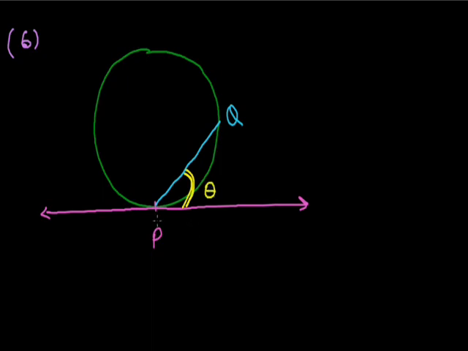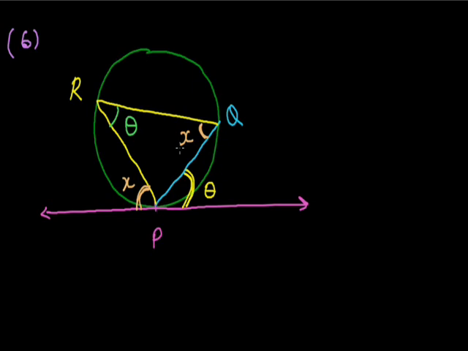So the property says that the angle made by this chord in the alternate segment, like this, PQR, will also be theta. So if the angle made by a chord of a circle with the tangent at the point of contact is theta, then that chord makes the same angle in the alternate segment. Similarly, if I take this angle as X, then in the alternate segment, this particular angle will also be X.